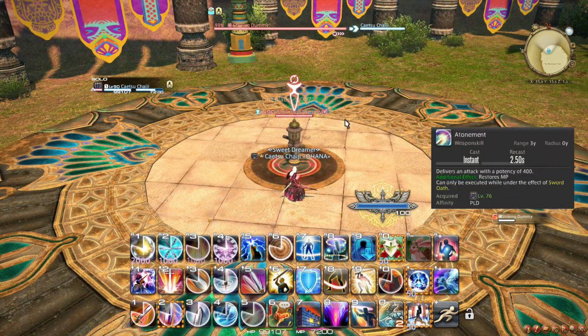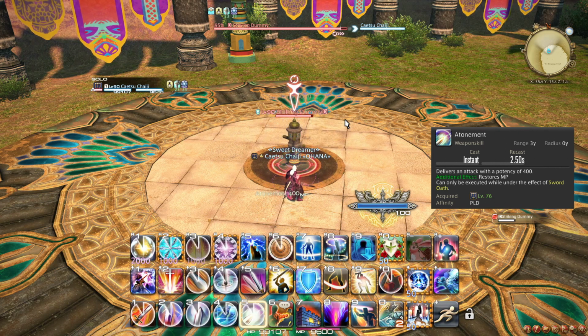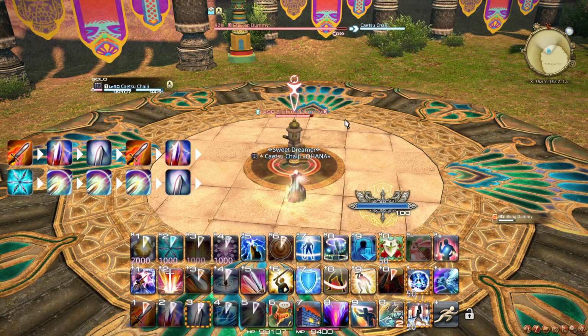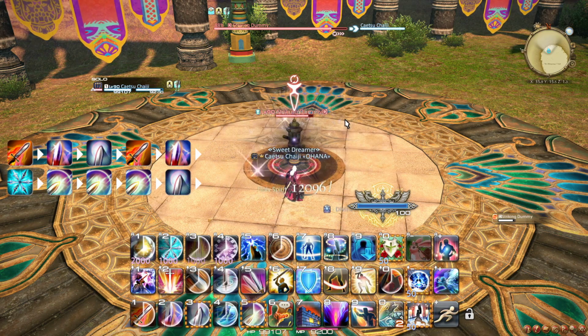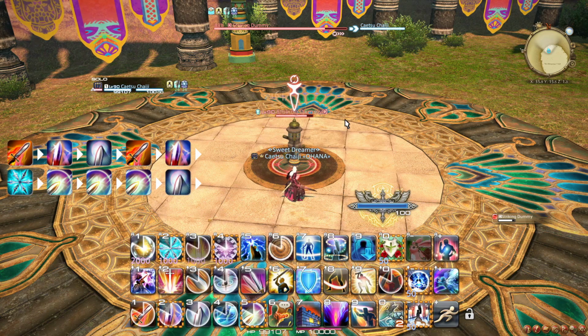Atonement is the spender for Sword Oath stacks, and spends 1 stack per use. Atonement deals the same damage as Royal Authority, and additionally recovers some MP on use. A notable change with 6.4 is that Atonement does not break your combos, which means that you can perform the combo Fast Blade, Riot Blade, Royal Authority, Fast Blade, Riot Blade, Holy Spirit, 3 Atonements, and then Royal Authority, if you like. This fact is going to be a cornerstone of the rotation of the Paladin, so keep this in